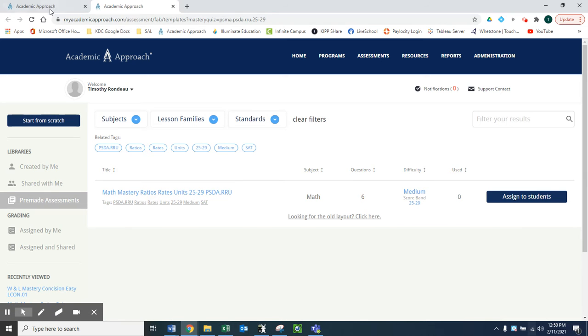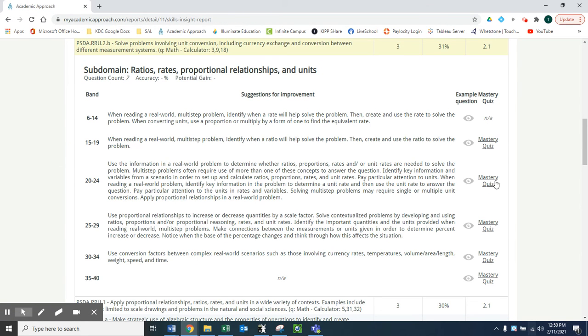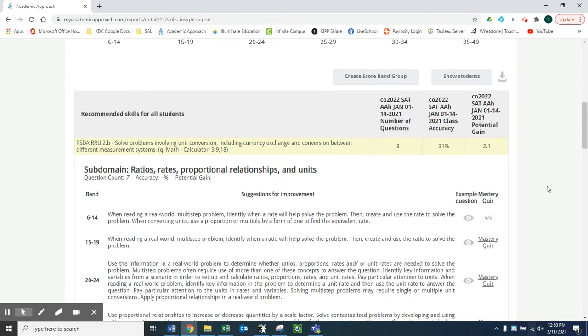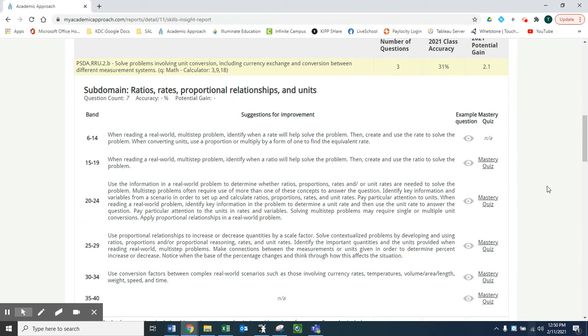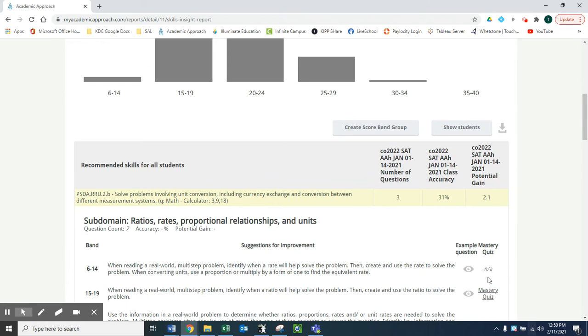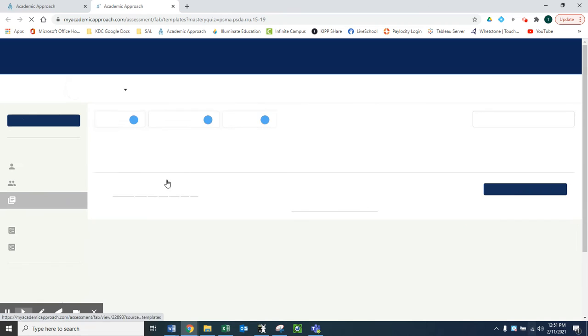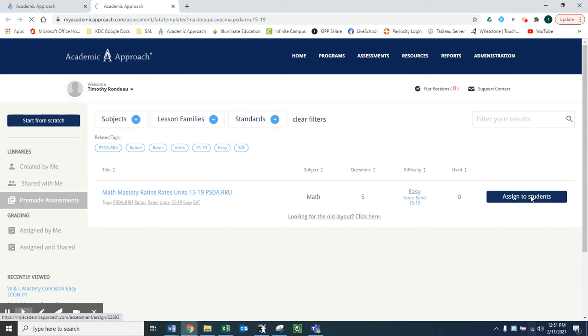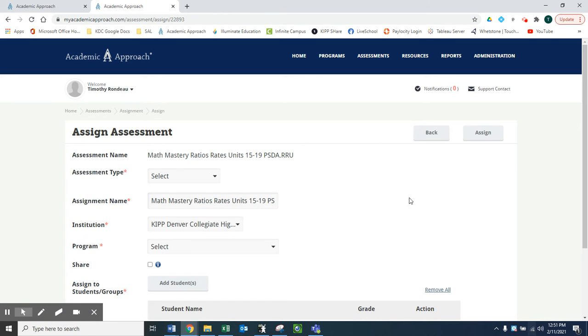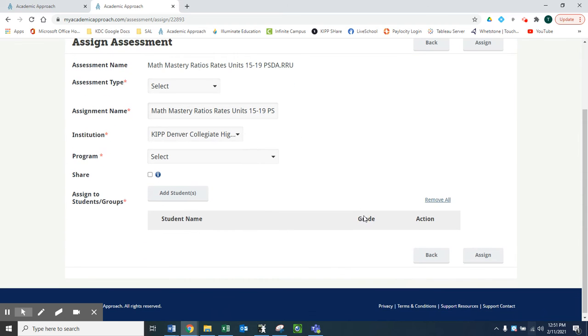And so before I finish the description of how to assign them, I want to show you one other quick thing. Actually, I changed my mind. If you say, here's the deal, I want to assign this to students, and you use Academic Approach as the way to assign it, first of all, you're going to have to decide whether you want a printable or a digital one. So if you want them to work here in Academic Approach using